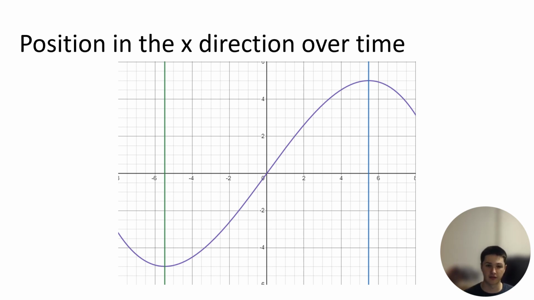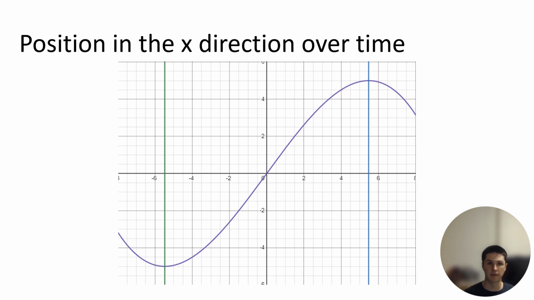I made a green line for where the helicopter starts and a blue line for where the helicopter ends. And this is x direction over time. So the helicopter is going to start on that green line, and it's going to constantly be moving to the right, not at constant speed, but it's going to be going a little slow, speed up for a constant amount in that middle part, it looks like, and then it's going to slow down to a stop when it lands